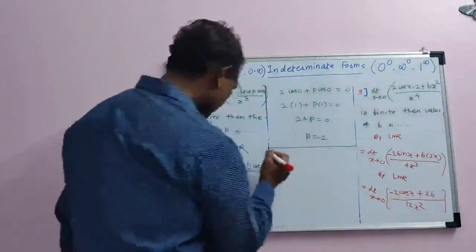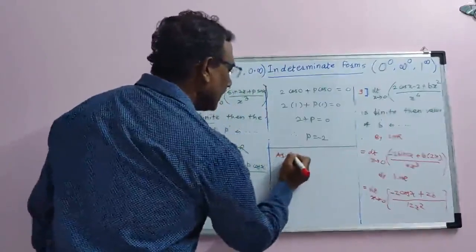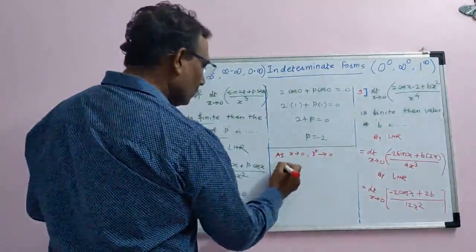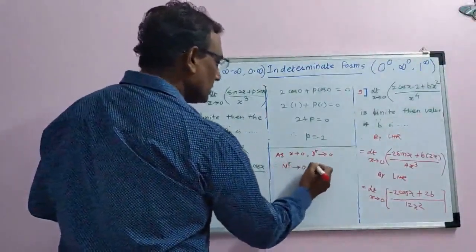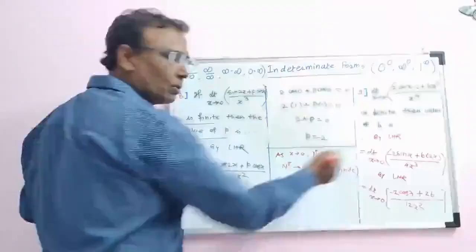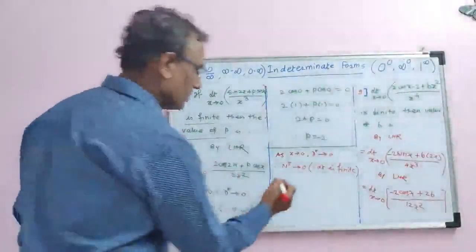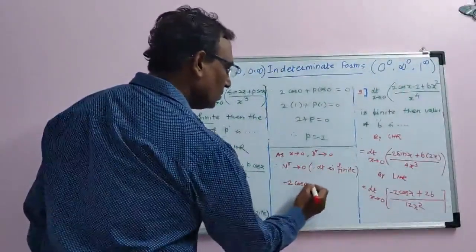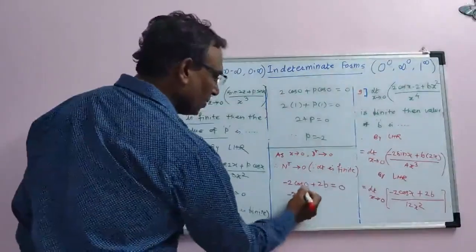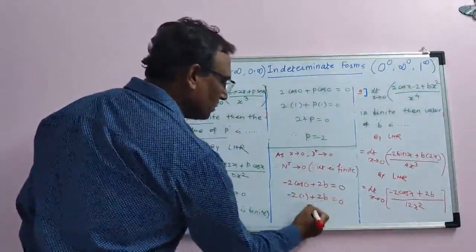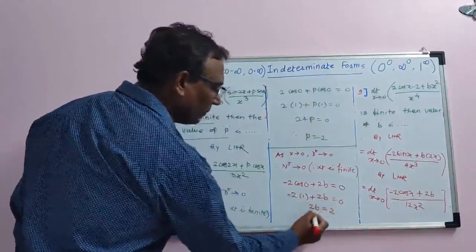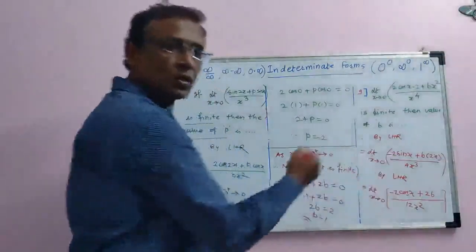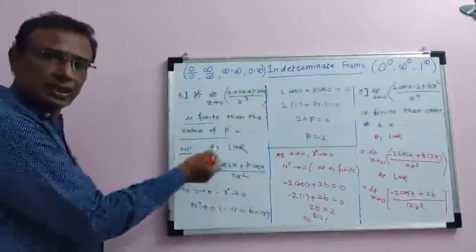It is b dependent, which means, as x tends to 0, the denominator tends to 0, therefore the numerator tends to 0, since the limit is finite. In the earlier problem we had two steps, here in this problem a single step. Then what to do? The numerator is going to become 0 for x equal to 0. Here cos 0 is 1, minus 2 I am shifting to the right hand side, and b is equal to 2 by 2, which is 1. The value of b is 1. Here we applied L'Hospital rule two times, and here a single time.